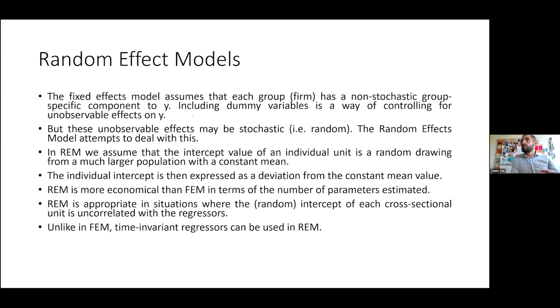In other words, I'm going to assume that what distinguishes the individual is not a different intercept, but that the intercept value itself follows a random drawing from the population. And that's why in this case,